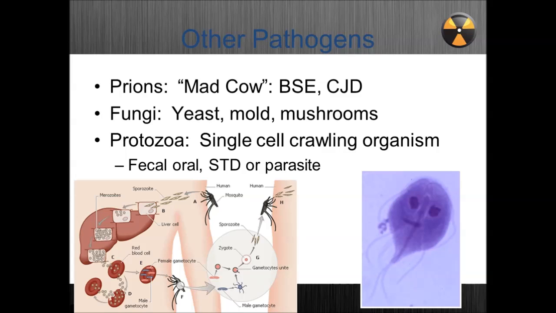Other pathogens are protozoa. These are single-cellular organisms that tend to be found in the environment and will swim. They can be spread by mosquitoes. And here's an example of a parasite or a protozoa that's spread by the mosquito, causes malaria and gets into your blood. Anyone know what this purple guy is over here on the right? He looks happy. He does look happy, but I promise you, if you get him, you will not.